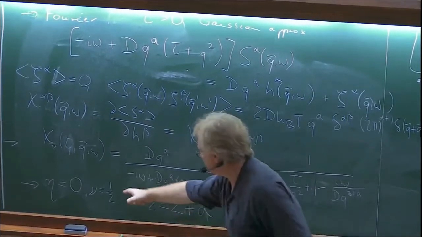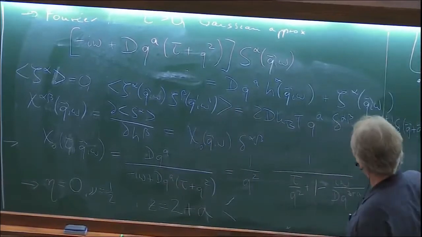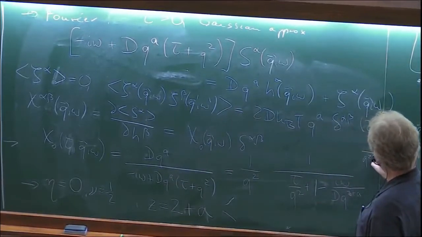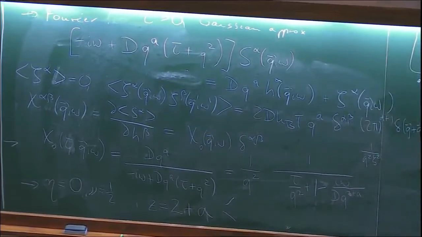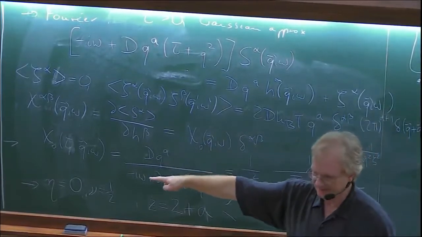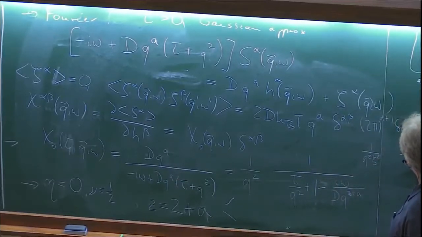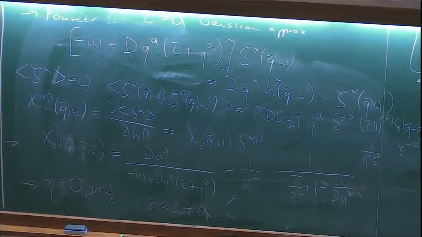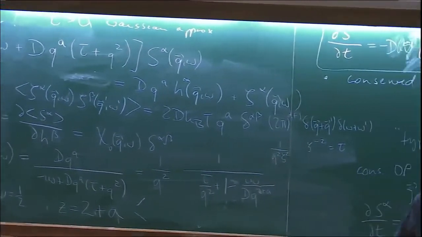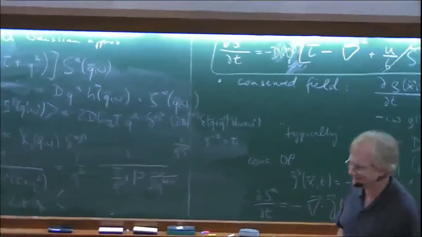Oh, how do I get to nu? Okay, so this here needs to be 1 over q squared psi squared, because my scaling function should be a function of q psi, right? Q should always come with psi. So that tells me 1 over psi squared needs to be tau. So psi is tau to the minus 1/2, right? I just said that, but it's a little faster to do the algebra in your mind, so that's good.